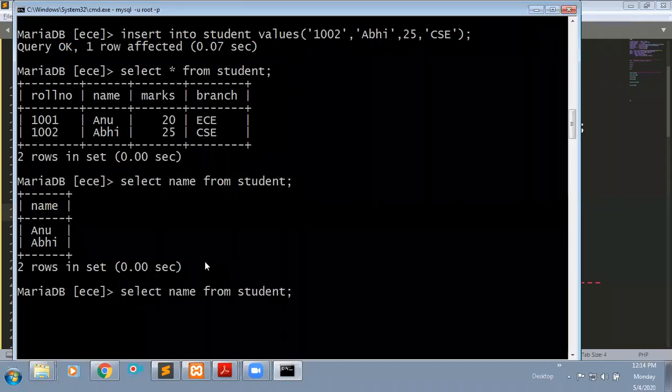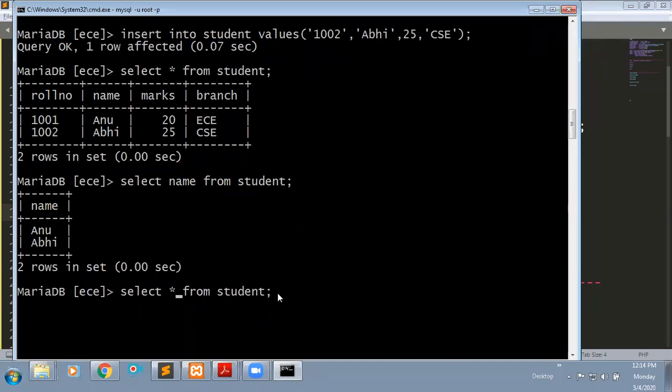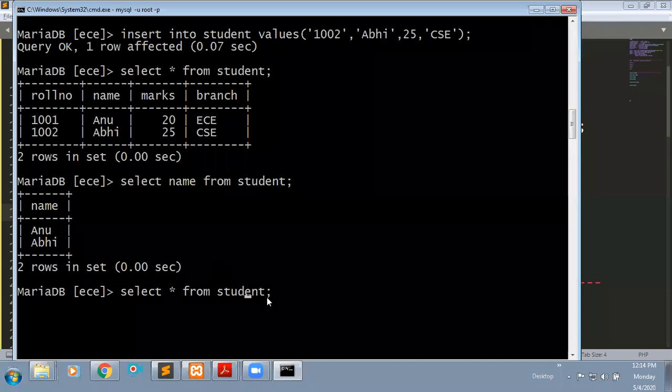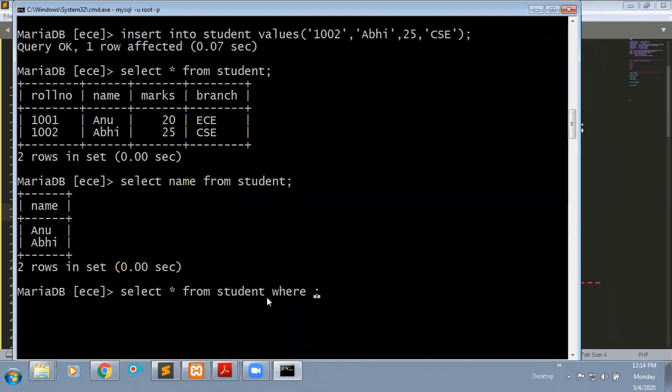For example, I require one row. For one row you need to mention select star from student. Here you need to write a where condition, where roll number equals, you can mention 1002.